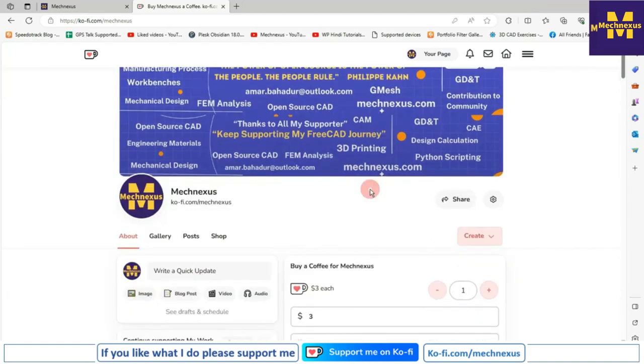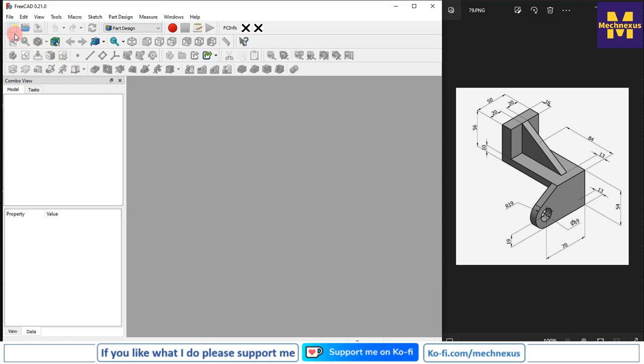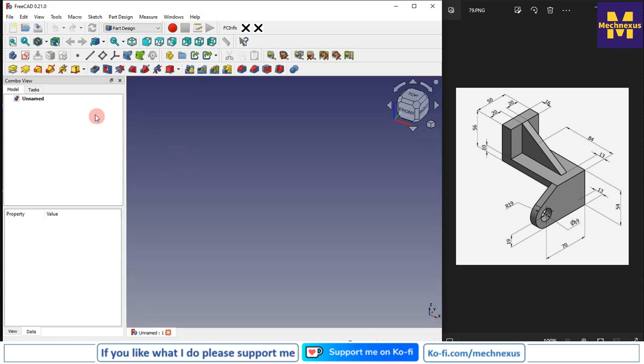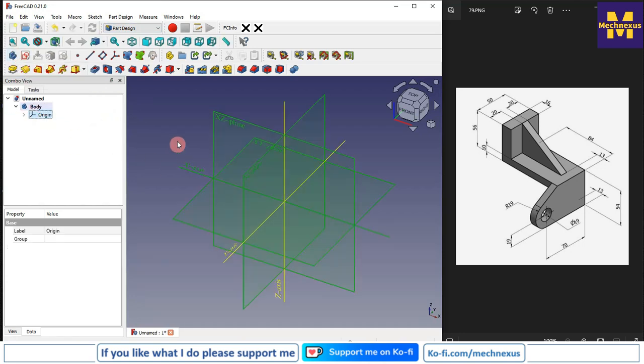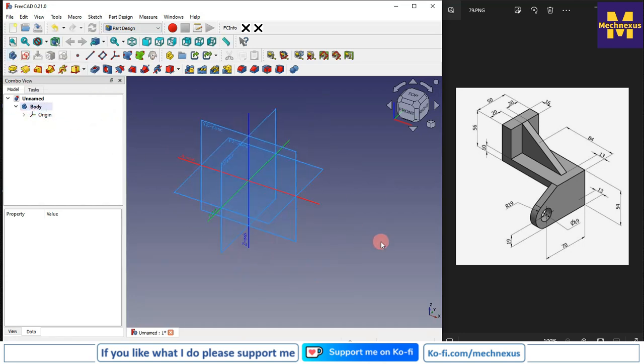So let's come back to our tutorial and create a new file. Here I have activated the Part Design workbench, and here I will insert a body. I press the space bar and on my origin plane, I will select the front plane and click on the sketch,